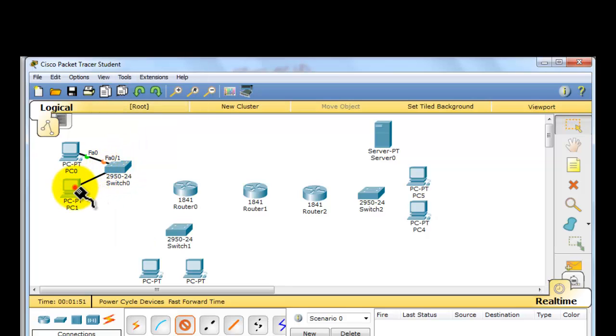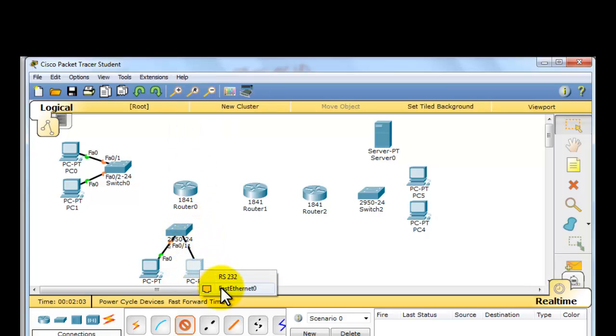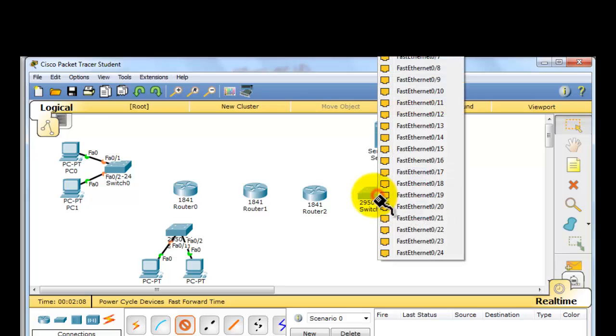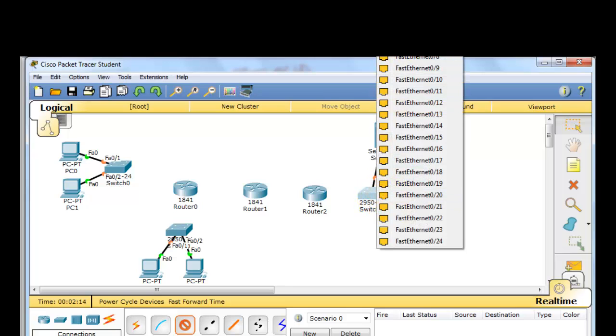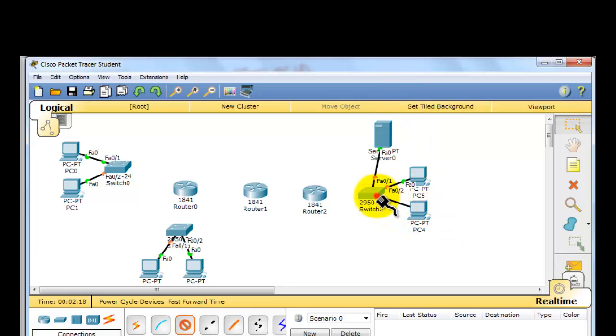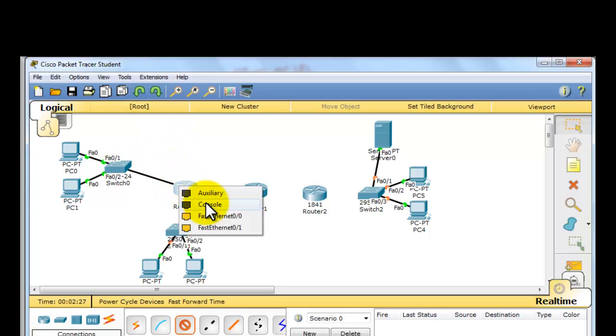Here, fasten it to PC1, and also here. Now I will cable from the PCs to the routers, FastEthernet 0/0 and FastEthernet 0/1